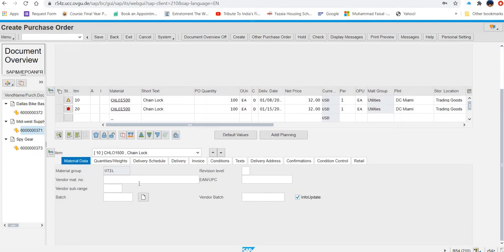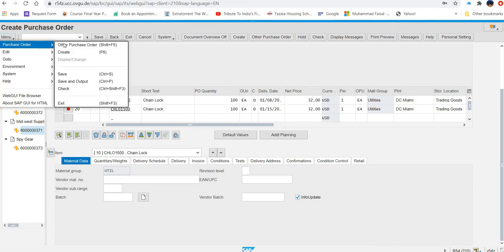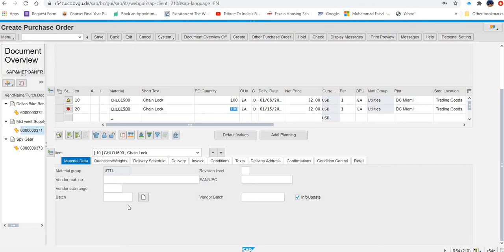Yes, here. And what they are saying here in the materials data tab, select info update. So where is info update? Here it is already selected. Then find the following menu item in the system menu: purchase order, save and output.